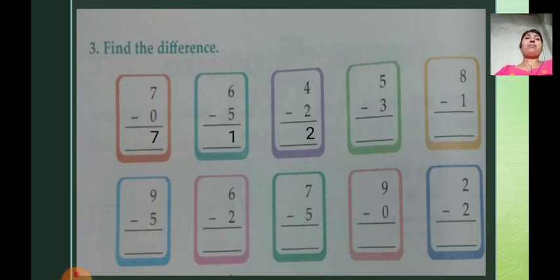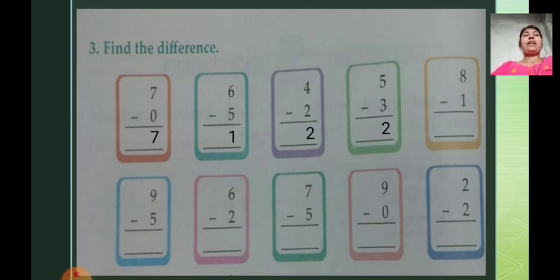Now see the next example. 5 minus 3. Yes. So again follow the same method, count from 3 up to 5. Count from lower number to the upper number. Start from 3, 4, 5 and 6. How many fingers are there? Only 3 fingers are there. Sorry, count after 3 up to 5. After 3: 4 and 5. How many fingers are there? There are only 2 fingers, means your answer is 2. 5 minus 3 is equal to 2.